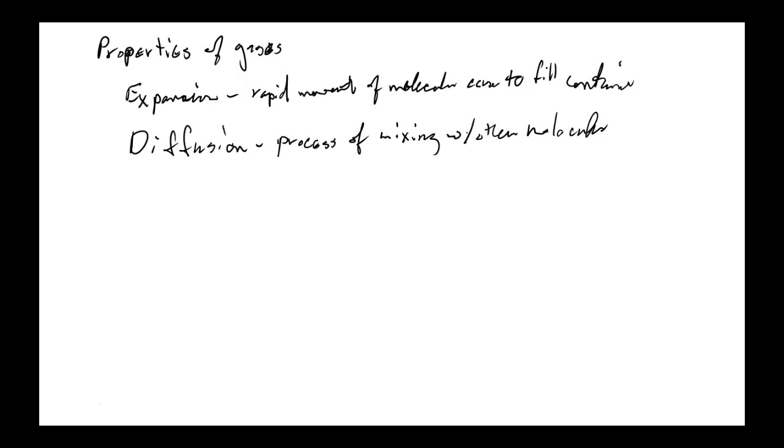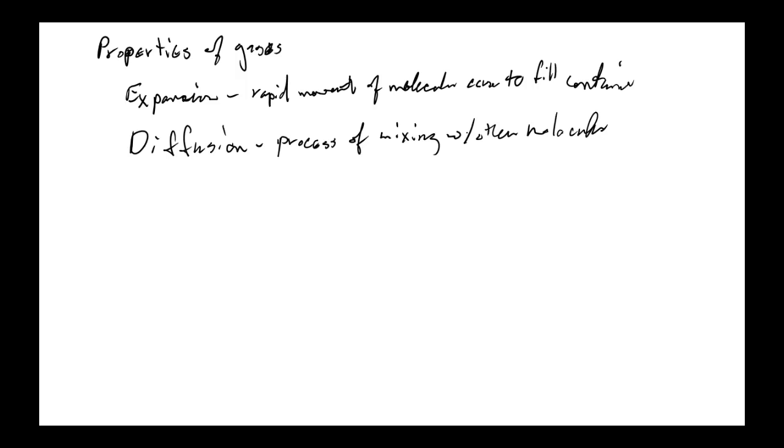That's diffusion, going from high concentration to low concentration. They don't define it quite that way here, but that's exactly what you're dealing with. Okay, process of mixing with other molecules, and it travels down a concentration gradient from high concentration to low concentration,